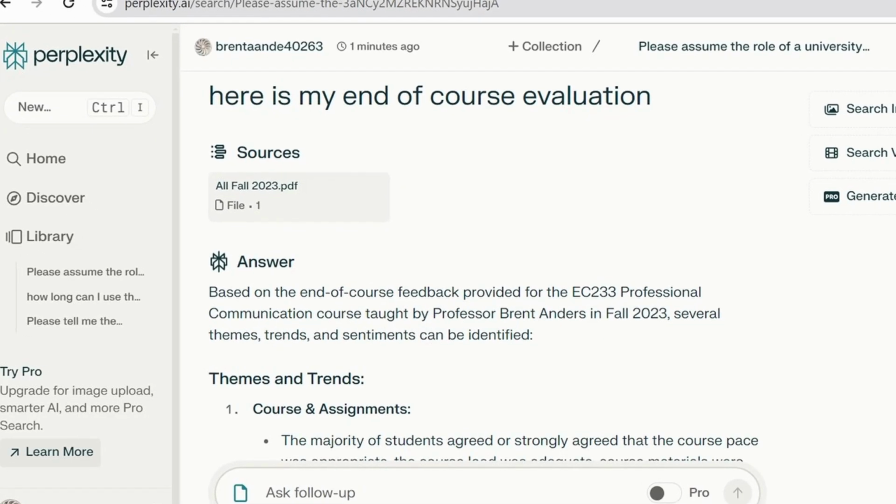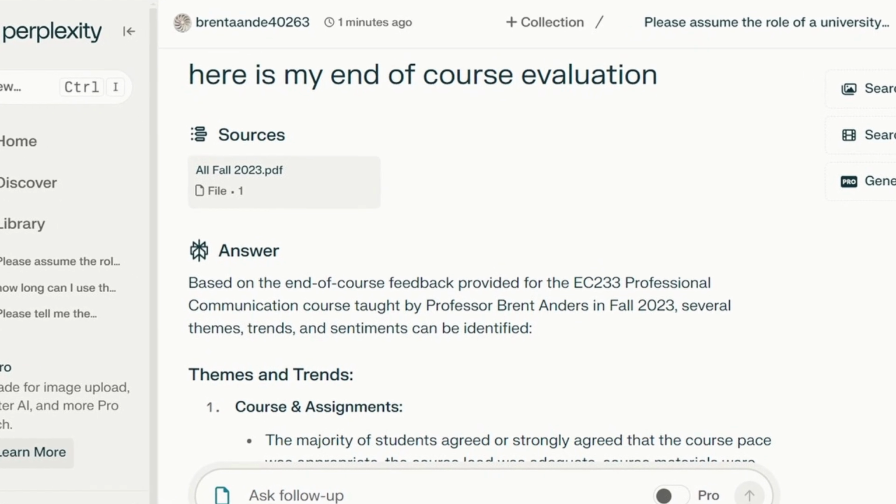to make sure that we're maximizing privacy of information, right? There wasn't anything in there that I didn't want the AI to have. So I made sure of that. And then I fed that to Perplexity, to the AI in this case. After I fed that, it gives me an answer based on the end of course feedback provided for, and then